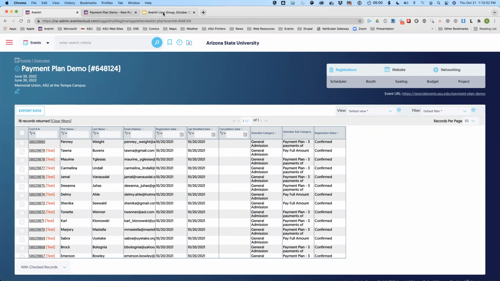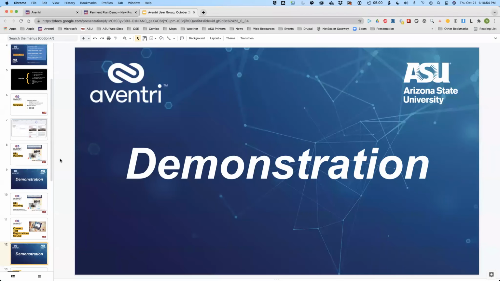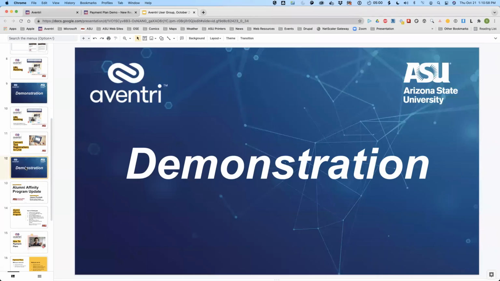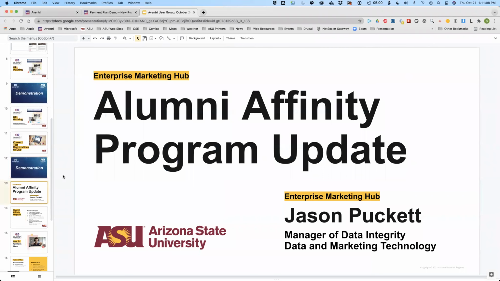So it was just more of a friction point in having to worry about going to support for that kind of thing. So now if you do forget to go live and you get a few attendees captured as tests, now you have the ability to convert those folks to live. Okay.